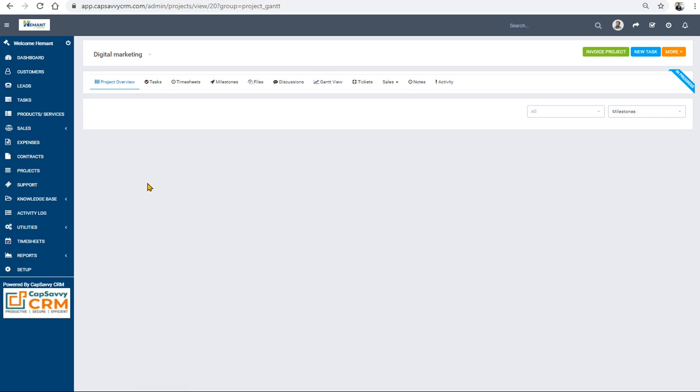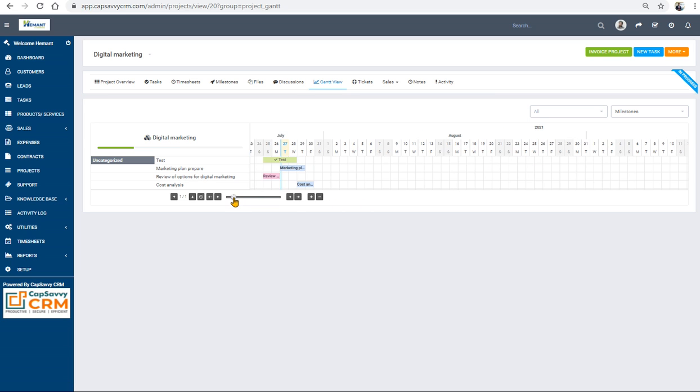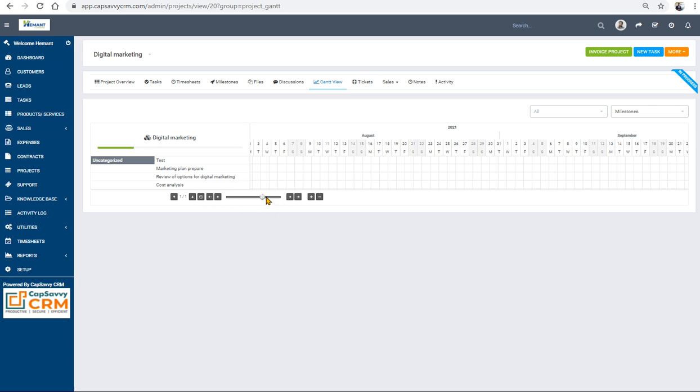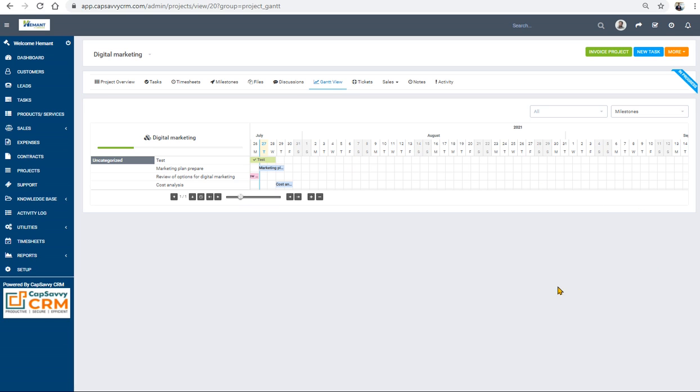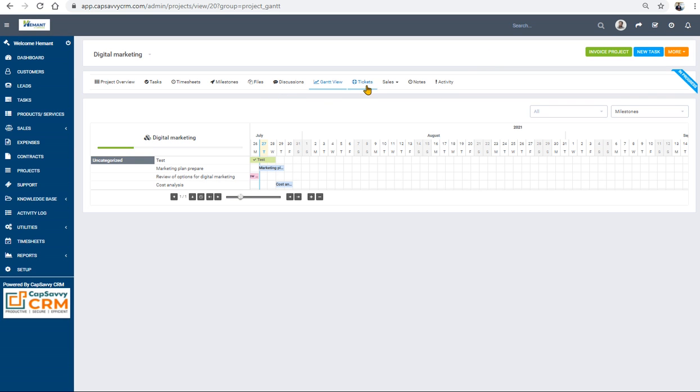Now this is the project progress, the graphical progress. Everything is visible here, which date it was to start, which day it was to finish, as per the requirement. The larger the project, the larger the graph will become. So it gives a complete bird's eye view of how my project is functioning. What is the project? Digital marketing is the project, and suppose the deadline was 15th of August. So you will know what progress we are making, and you can click here and go directly to that particular task.